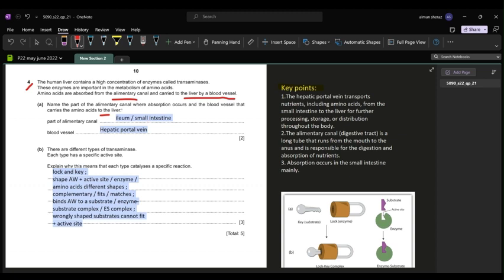तो हमेशा एक बात याद रख लें कि जब भी लिवर का जिक्र आएगा in the question and also about the blood vessel, you have to remember there are two blood vessels that are related to the liver, hepatic portal vein and hepatic artery. So the main function of hepatic portal vein here is to transport nutrients including amino acids